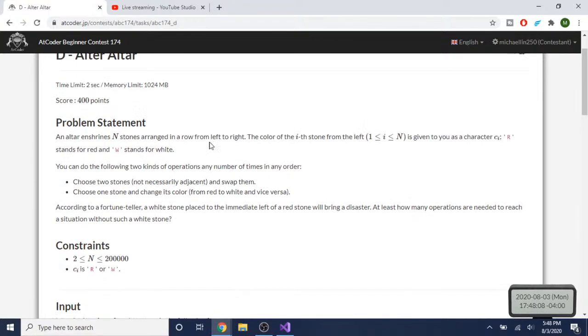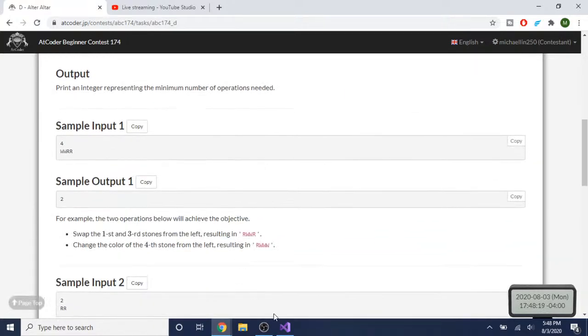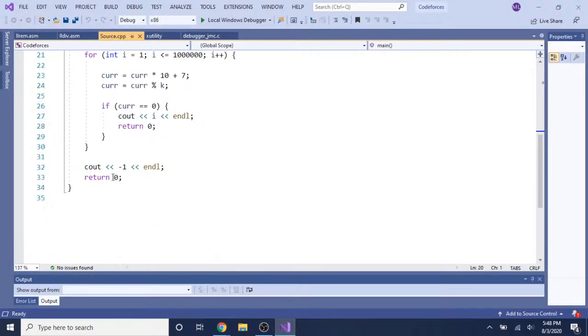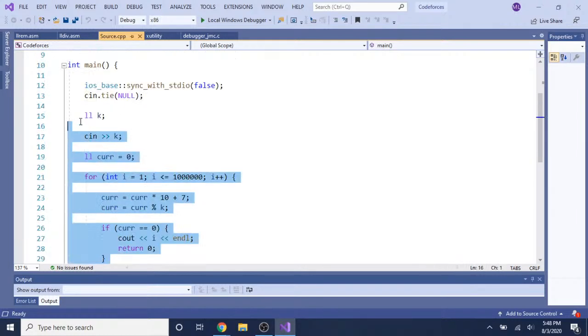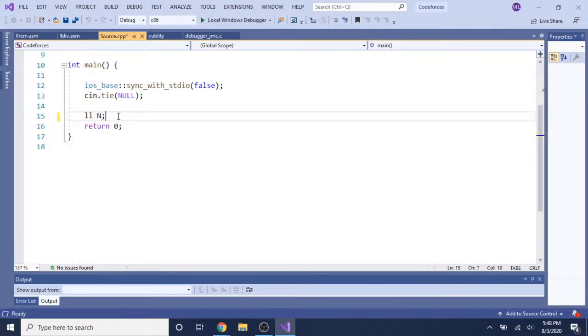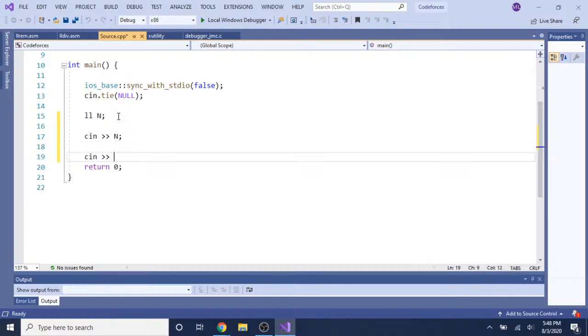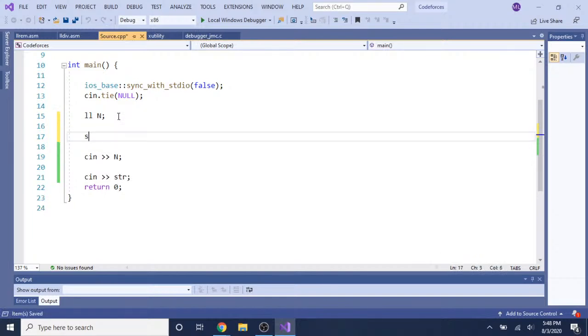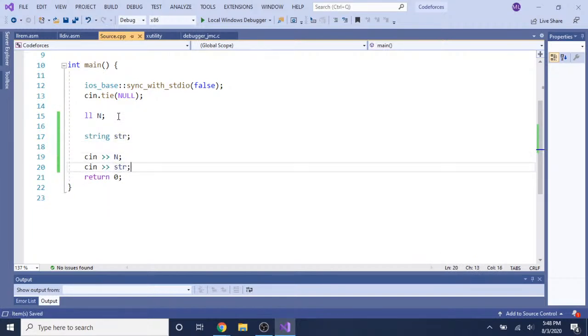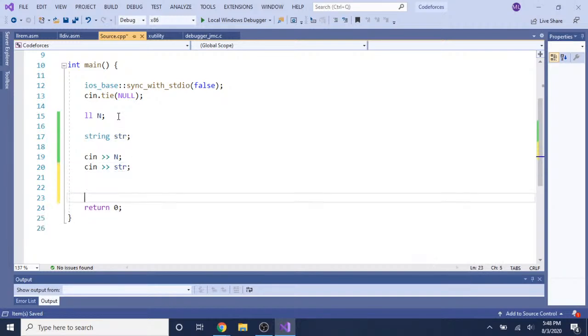So we cannot have a white stone on the left of a red stone. So what we're going to do is read in n, and then read in a string str. We're going to read in n, read in a string, and then